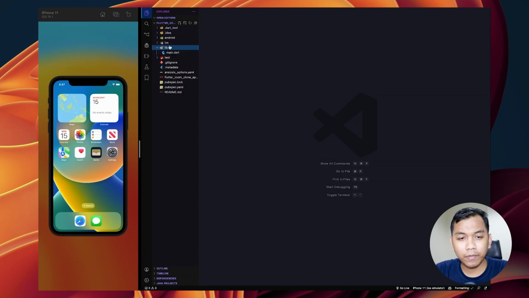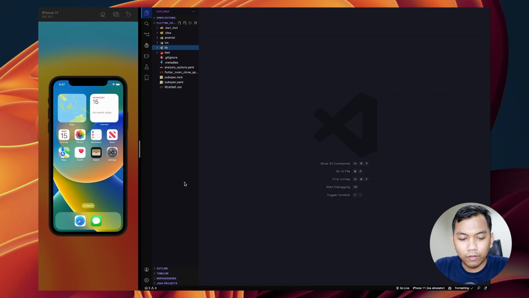As we can see here, we have default directories such as lib, iOS, Android, and test folders. So the next step, we need to add dependencies. In this video, we need a dependency like flutter_dotenv.